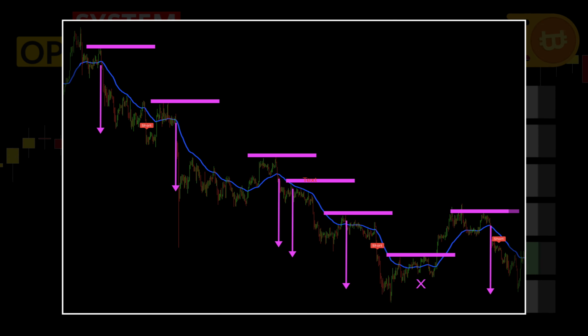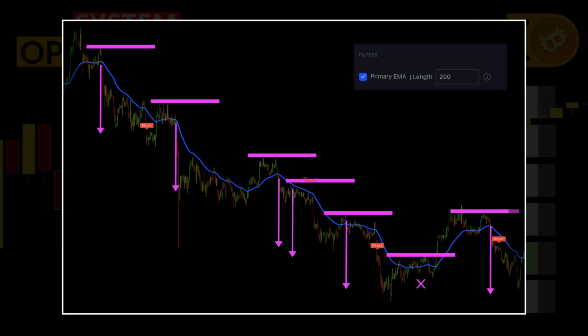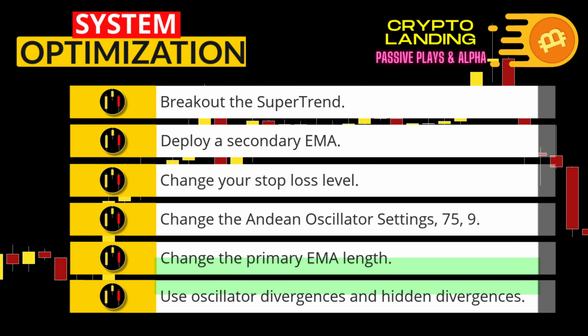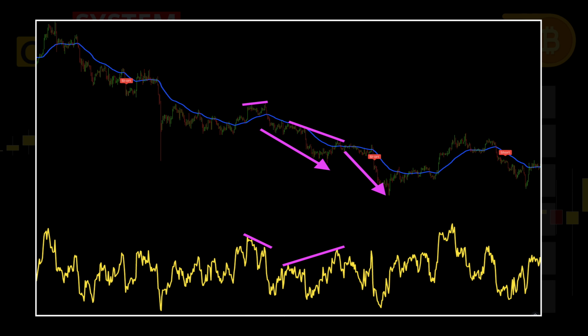Next, the simplest way to use an EMA is as a trend filter, but if you can match the EMA settings to the market, you can get extremely strong, extremely clear signals with little effort. Furthermore, using an oscillator like the RSI to identify divergences and hidden divergences in the market, especially in strong trends, will allow you to make the RAS indicator more sensitive, which will give you many more signals.